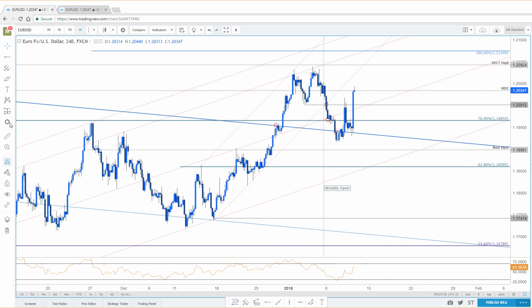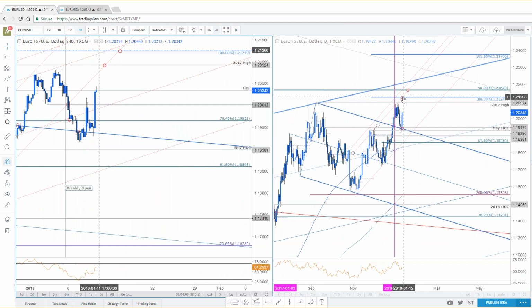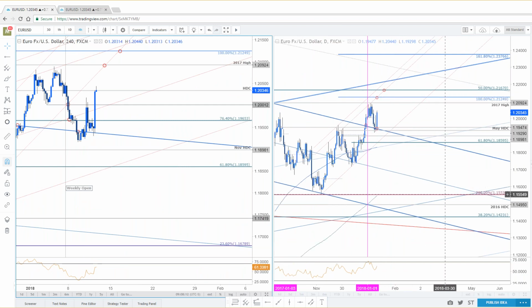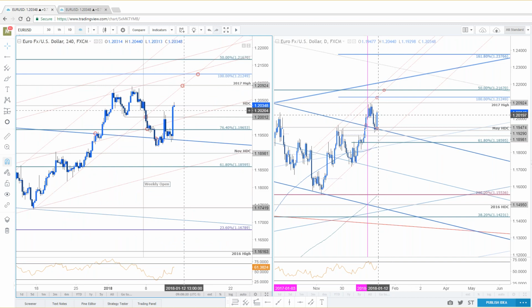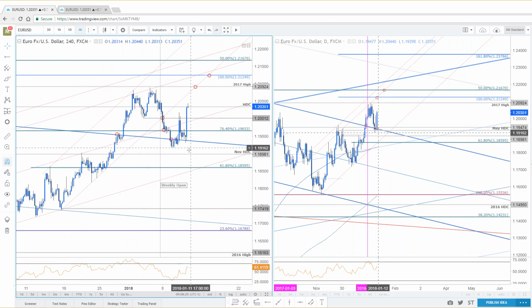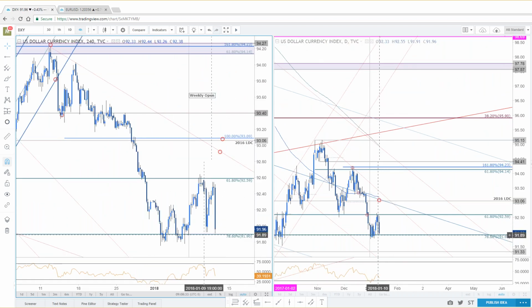Let me do this. Here's your two topside targets that you still want to be mindful of. Boom and boom. And on the daily chart, that 2125 target, that's what's reflected right here. So still areas of interest for exhaustion. If the dollar is going to find some sort of recovery, euro should really be capped by one of these two levels near term on this advance. But until we do, just treat it the same as the index that we're looking at. Same thing. Gotta clear this range.